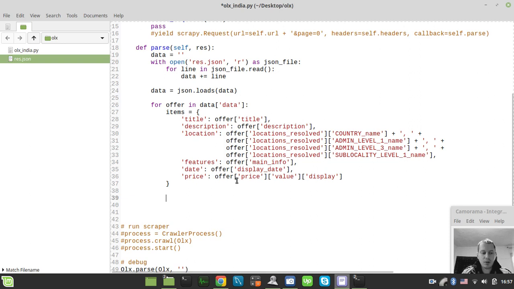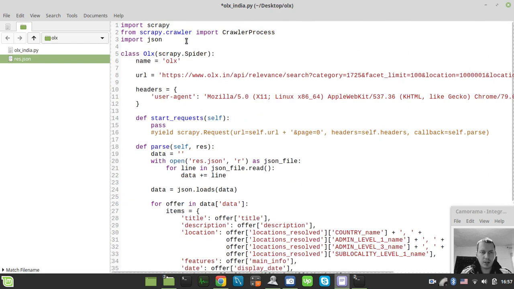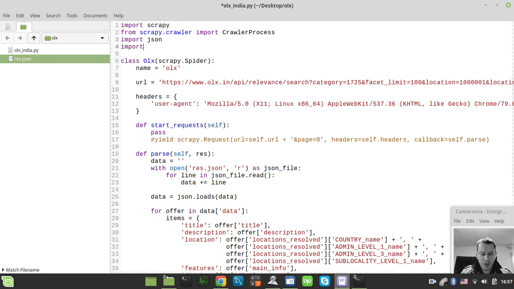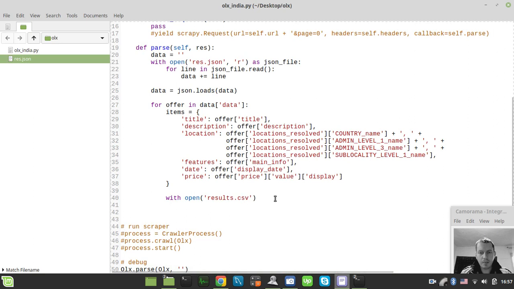So just within this loop, here we can simply say with open, and how do we call this file? So let's call this results.csv, sorry, and also let's basically import the CSV module here. Okay, so we want to write the file stream as a CSV file,